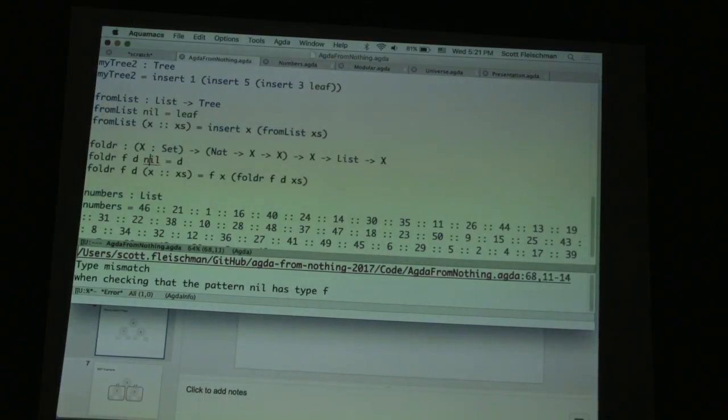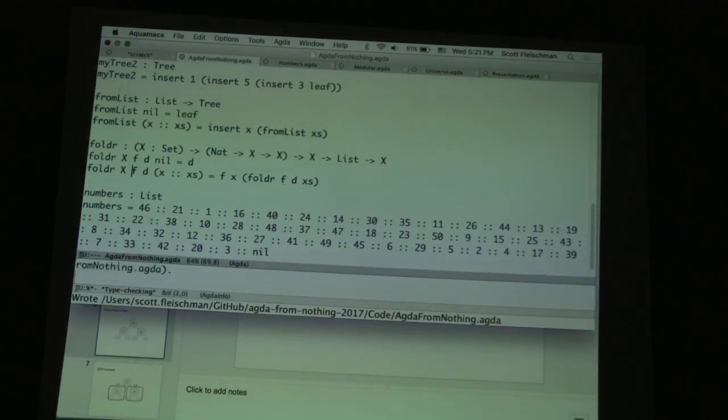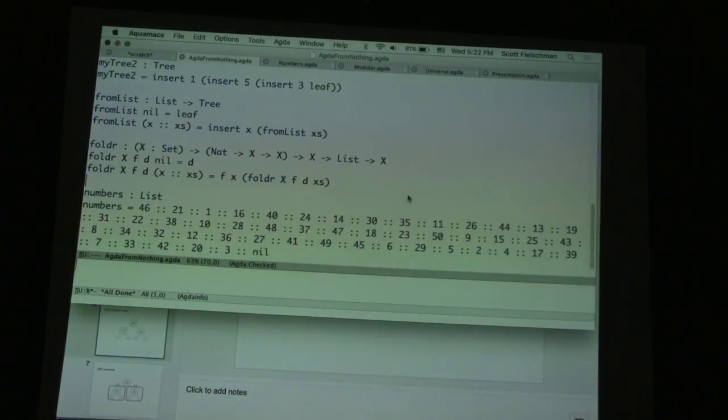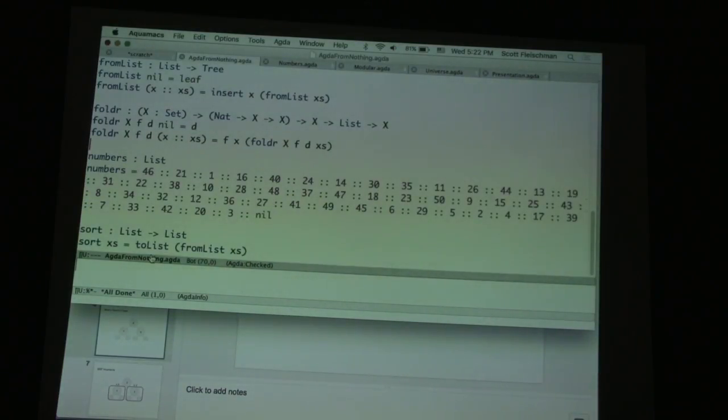And what happened here? Well, now I added an argument x that I got to pass around. So this is how Agda does parametricity. We effectively created a dependent type. This is why you can name things in type signatures, because you can refer to that value later. If I have something that's a set, then now you can talk about some value of that set over here. And all these x's are the exact same set. This can't be some different set over here, or it totally wouldn't work. So what we can do for sort,